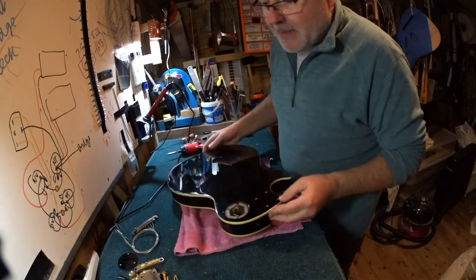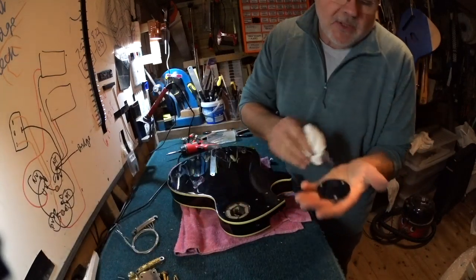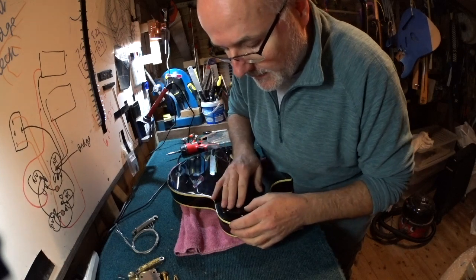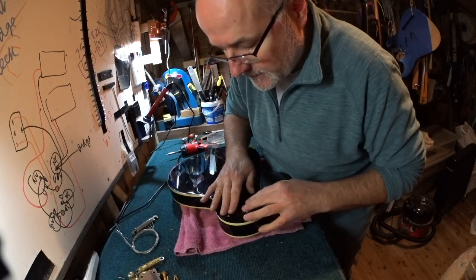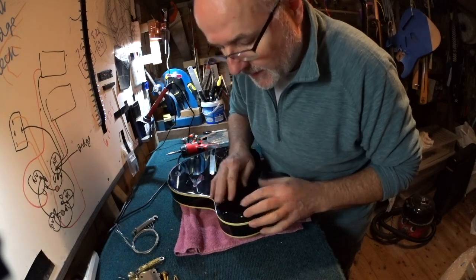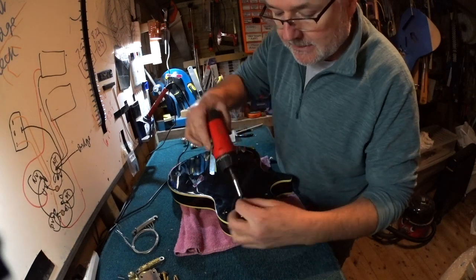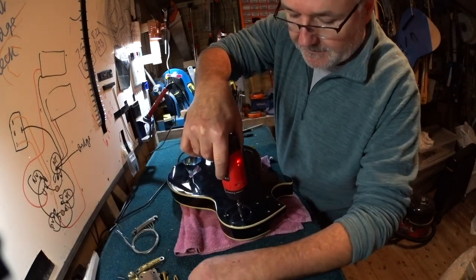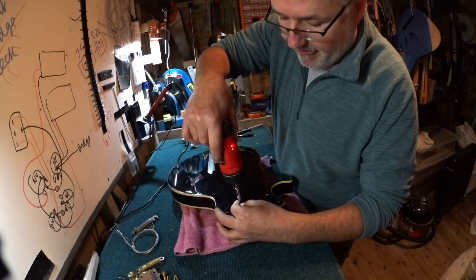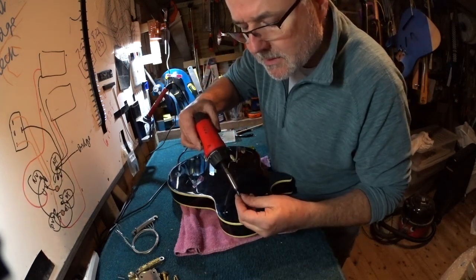I've also replaced the nut, so we've got a nut fitted, ready to recut. And this is always a fun one, lining up these, because they only fit in one place, because they're not equally spaced. That's slightly bigger than it looks to me, but